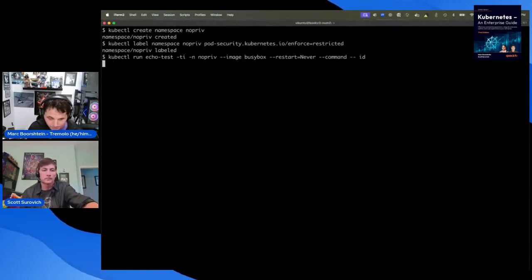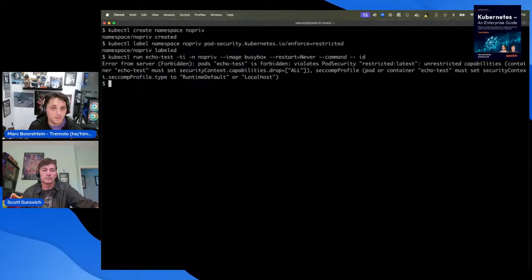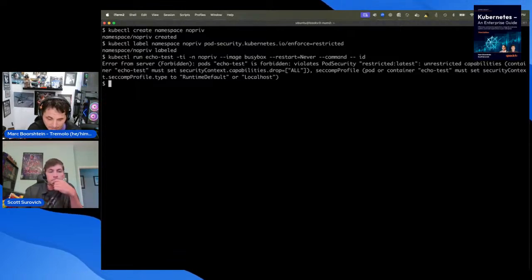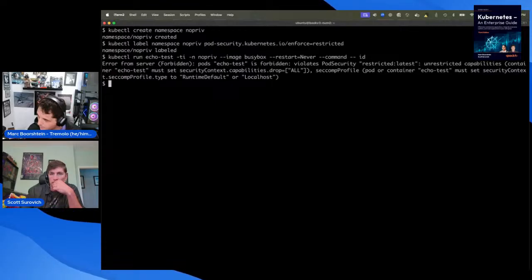It's going to fail because we're trying to run a pod that is getting an elevated privilege. Right, I'm looking at the right error. Forbidden: pod violates allow privilege escalation. Yeah, that's right. So it's violating it because we're not dropping everything. We're running in a privilege escalation mode. And so pod security admission is going to get bad.